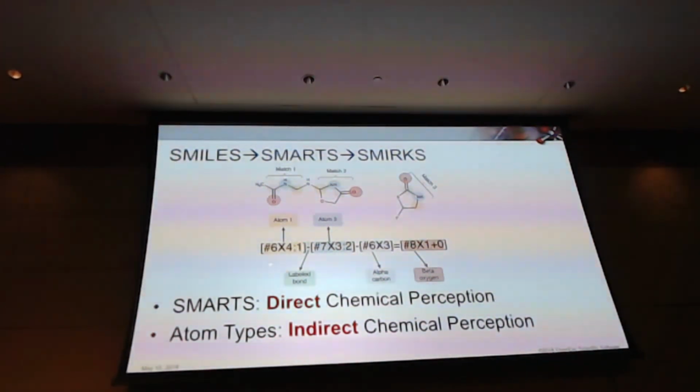I learned this really great scheme of embodying chemical substructures in a line of text. You can apply this directly to a structure, and it will identify substructures that include bond order and various properties of the atoms. So I realized that this is direct chemical perception, whereas these atom types have been kind of a secondary one where you do atom by atom and you paint an atom type on and then you connect them together. Why not do it directly with a SMARTS string?